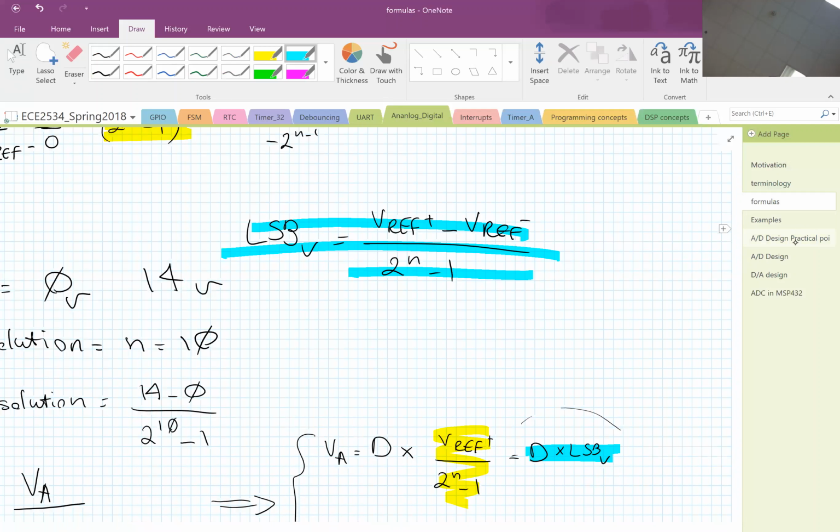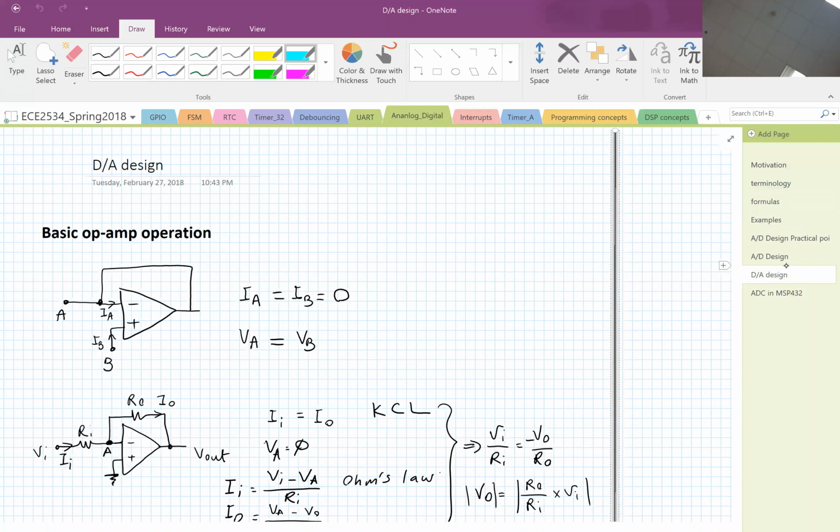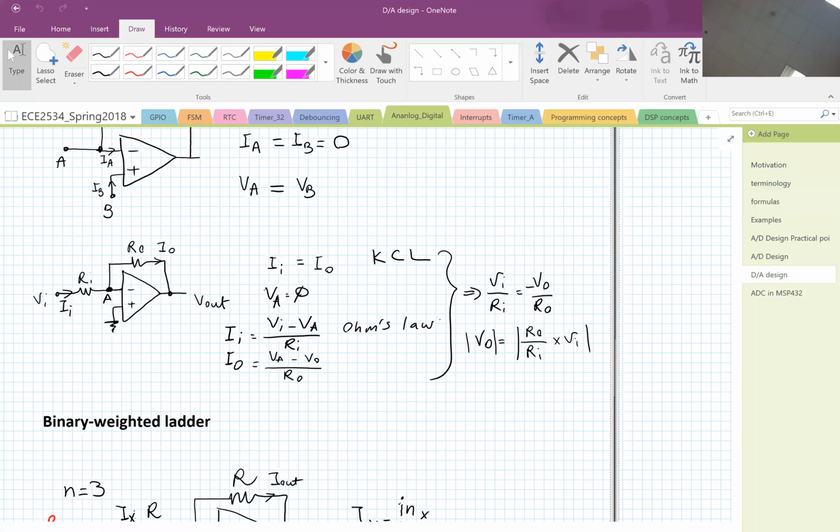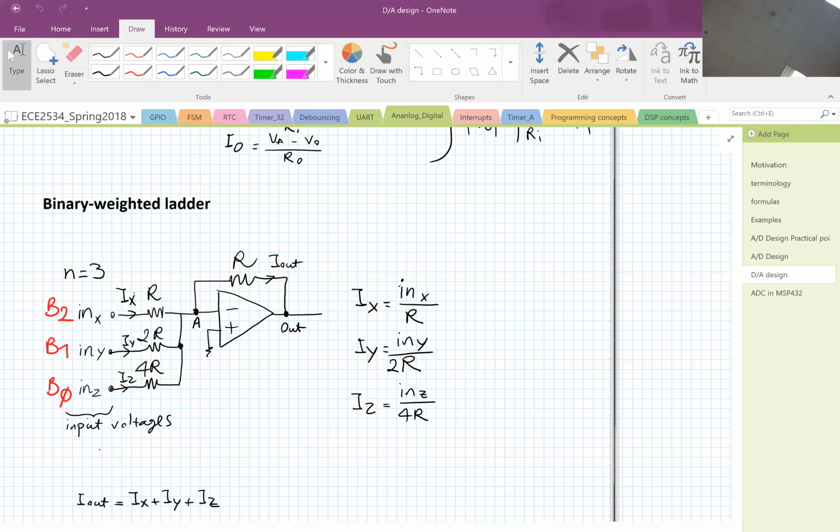Let's look at the first thing that is easy, the D to A design. So the D to A design, first we reviewed a little bit of op-amp. This one was the simpler one, binary weighted ladder. The binary weighted ladder